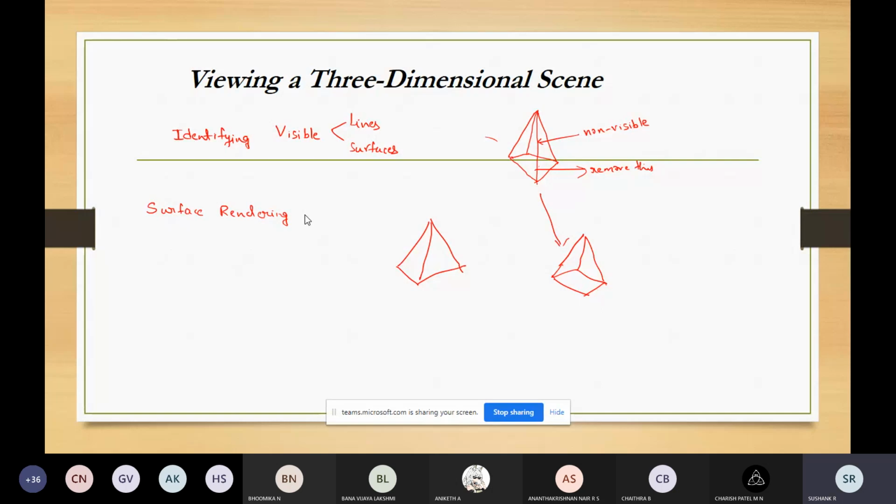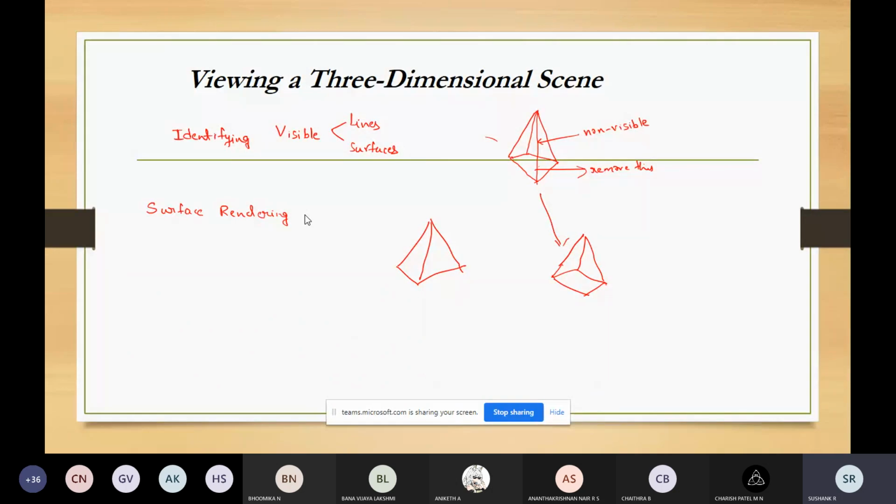In addition to these things, you can also set the background illumination effects, and the surface property of the objects, like whether the surface is transparent or opaque, whether the surface is smooth or rough. All these parameters can be set to model the objects. The surfaces can be like a glass surface, a plastic surface, or have patterns like wood grain pattern. So all these techniques will be used in surface rendering.